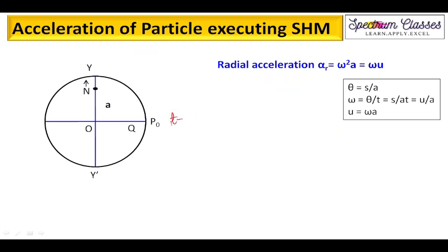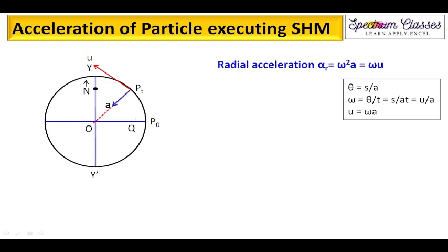Initially, my point at time t equal to 0 is at its mean position. Now, after time t, my point is at Pt. Say this is the point Pt. And if we see the velocity of this point Pt, that will be shown by this tangential line, and here the magnitude is u. If I join these lines with the center, then I will get this kind of structure. So here A represents the radius, and this radius makes an angle theta with the origin. I have shown over here.